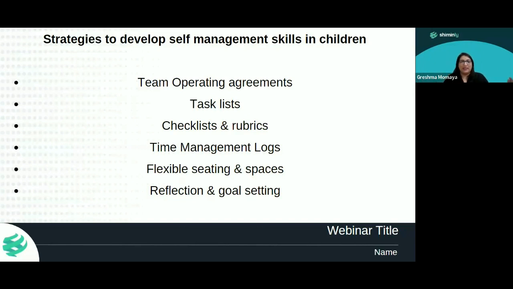Checklists and rubrics, yes, are tried and tested tools for self-management. I don't see anything new here, but it's a good reminder that assessment tools can also be great management tools. Your report cards, your checklists, your rubrics can also be great management tools because they promote reflection, goal setting, and most importantly, ownership of their work. But what we miss out on is